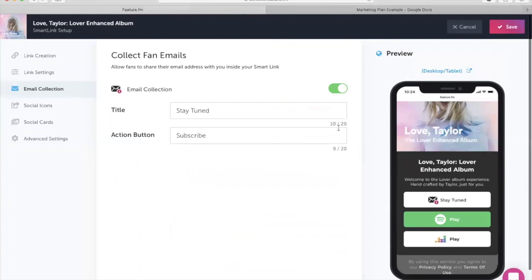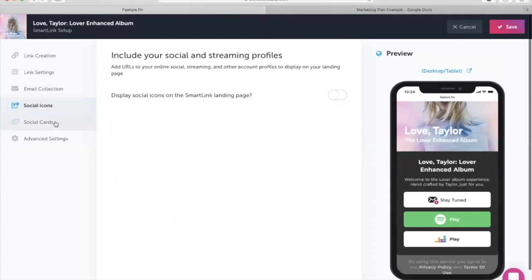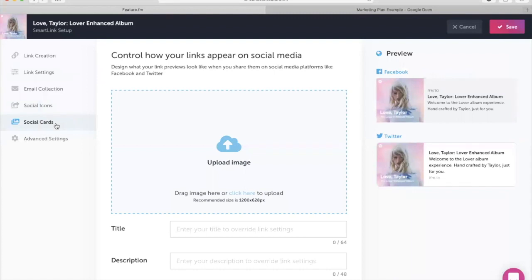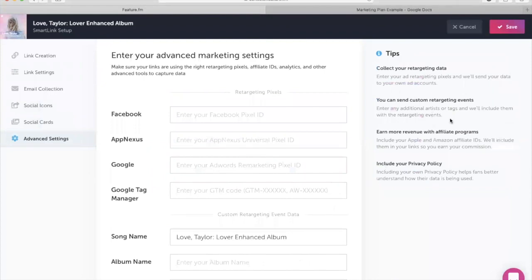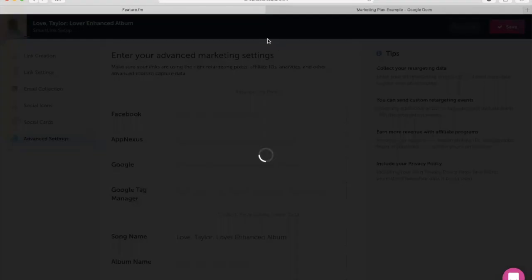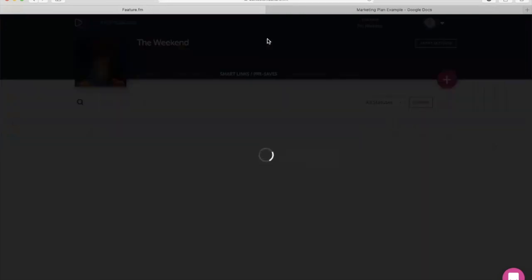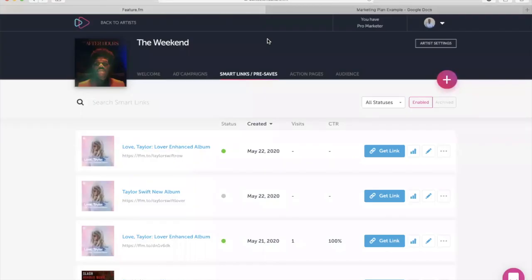We've got email collection set up. Our social icons can be set up. That looks good. And advanced settings. Okay. So we've got our rest of world link created. Now, the whole reason to do this would be if you have a UPC for the release, so you can enter in the UPC, and then this way you don't have to worry about doing this later on. Next, I would carve out